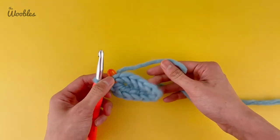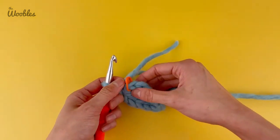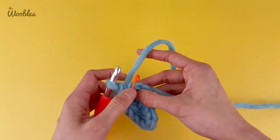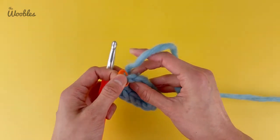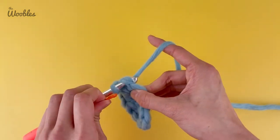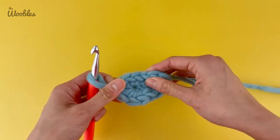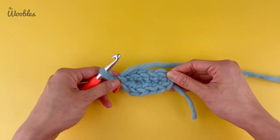Right, now you can see how this looks like an oval, and you're going to keep on going, crocheting the next stitch. The next stitch is going to be the first stitch of the next round, and it goes in the stitch marked by the stitch marker, because this stitch marker always marks the first stitch of every round, like so. I just wanted to show you how this looks much nicer and much more like an oval once you